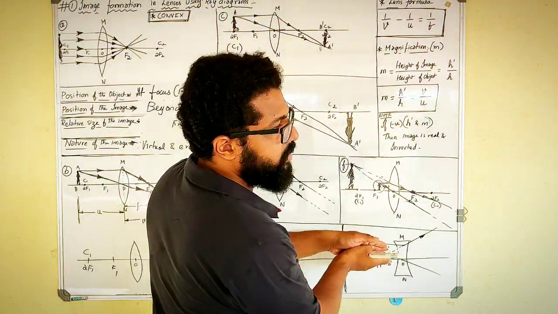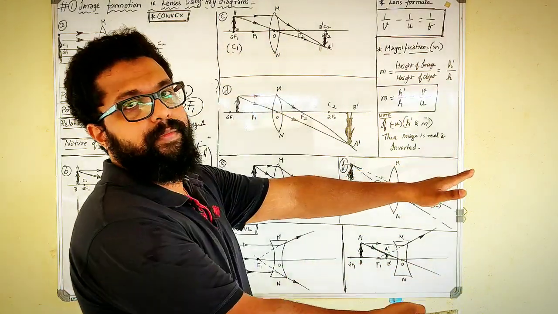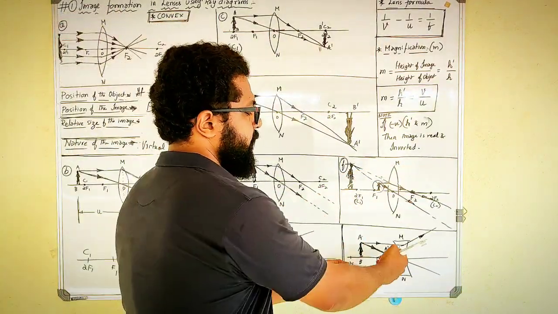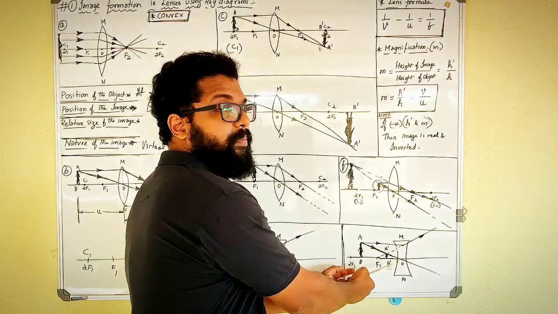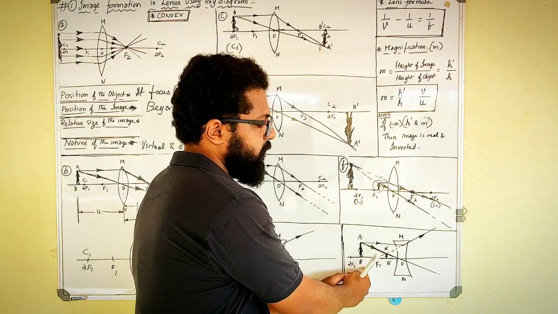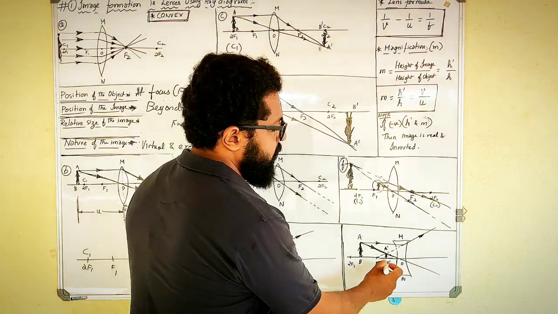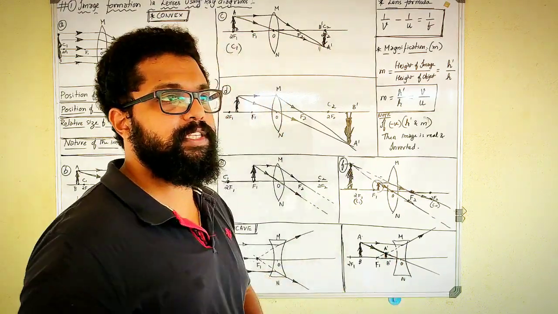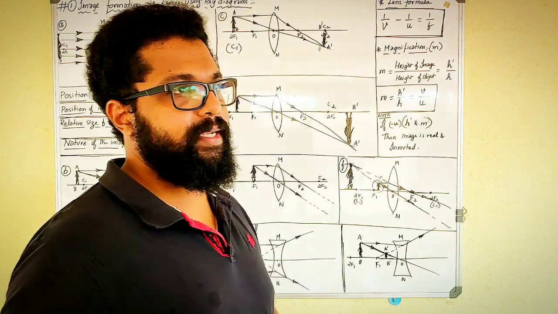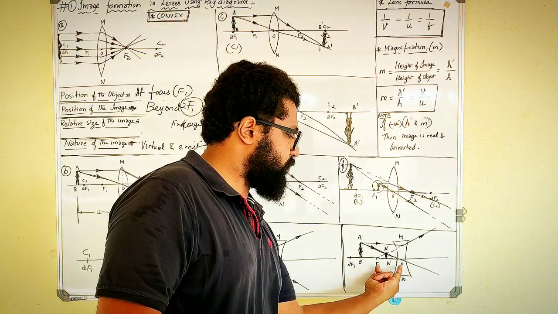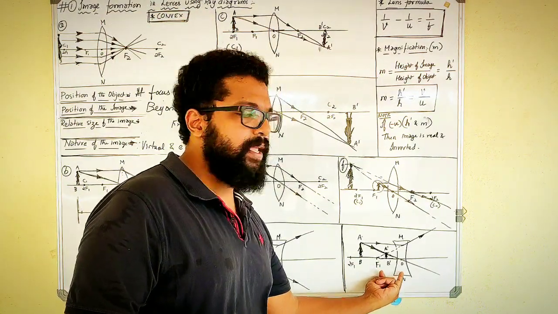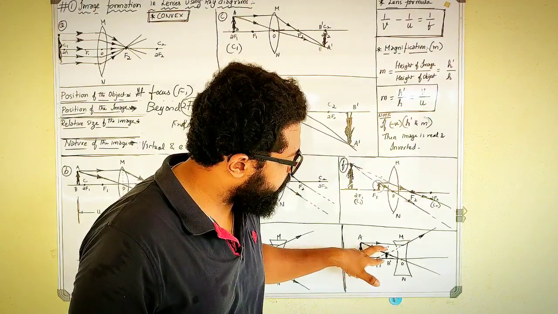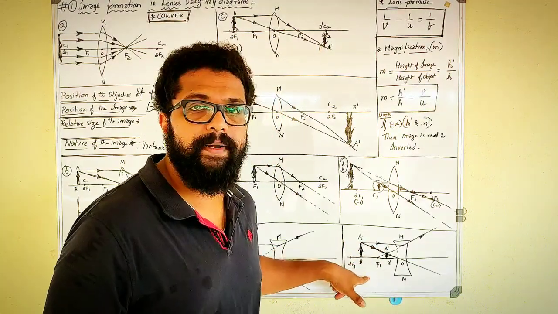You can see again these two light rays are moving far away from each other. What will I do? I will extend one of the light rays in the opposite direction and make it fall on the principal focus. You can see these two light rays will intersect here, in between the principal focus and the optic center. The light rays will intersect at these two points. Okay, which means the image will be formed in between the principal focus and optic center.